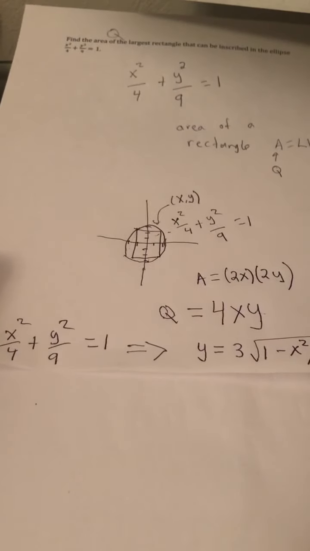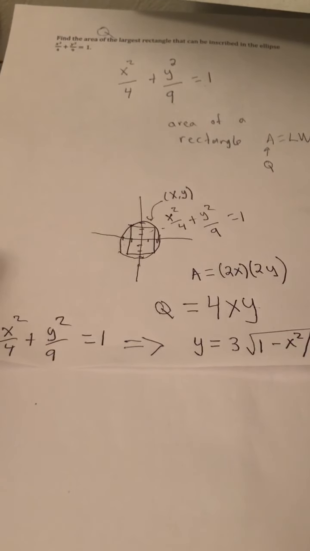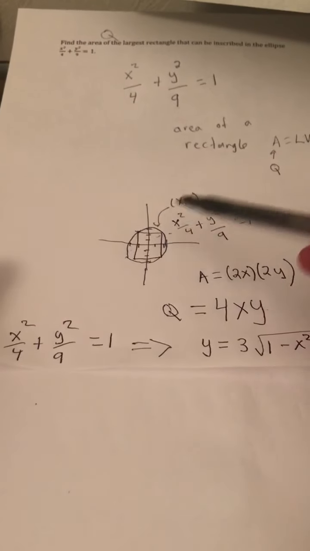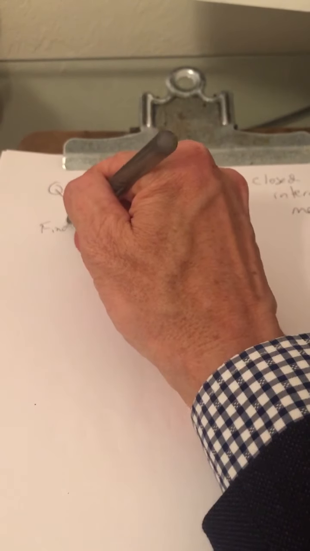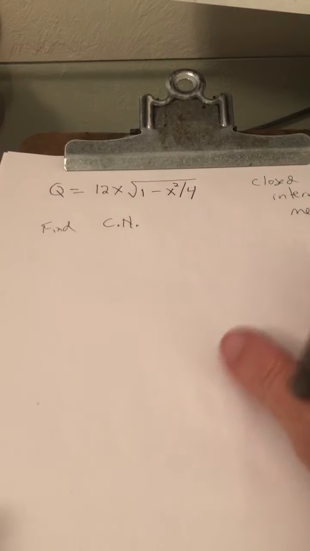The endpoints, let's see, x can be from -2 to 2, and in each case, you actually no longer have a rectangle. So really, we're just going to be concerned with the critical numbers. So we're going to find the critical numbers. Remember, critical numbers are values of x where the derivative is